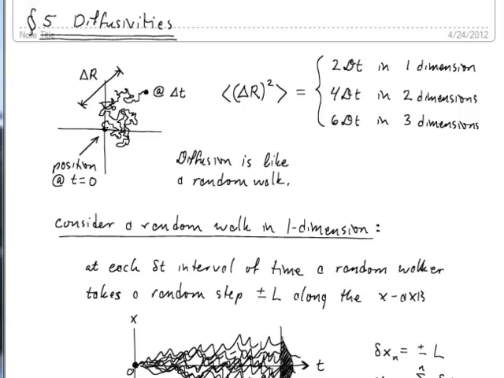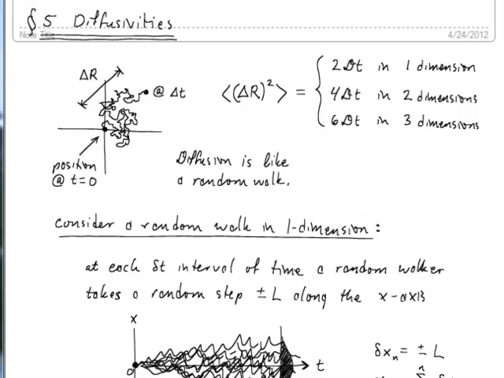coordinate system here showing a two-dimensional random walk, and after some time, even though the trajectory isn't biased to go in any one direction, it does move away from where it began, right? So you may find it over here, you may find it over there, but you will find it somewhere displaced from where the trajectory started. And this is after some time, delta t, and the theory of diffusion predicts that this mean squared displacement behaves like 2 times the diffusivity times time in 1 dimension, 4 times the diffusivity times time in 2 dimensions, and 6 times the diffusivity times time in 3 dimensions.